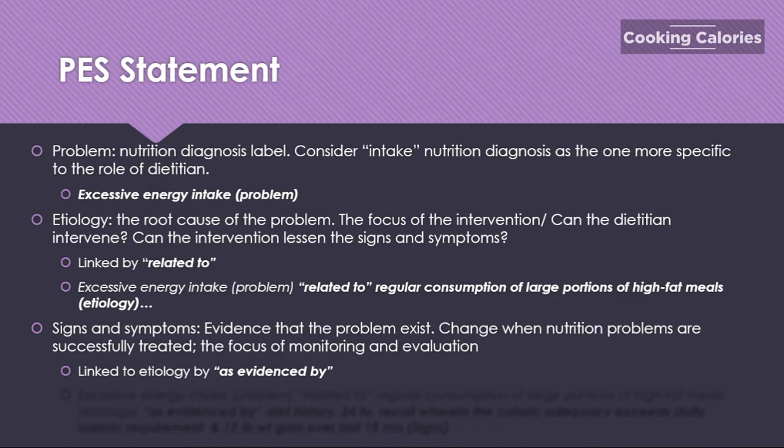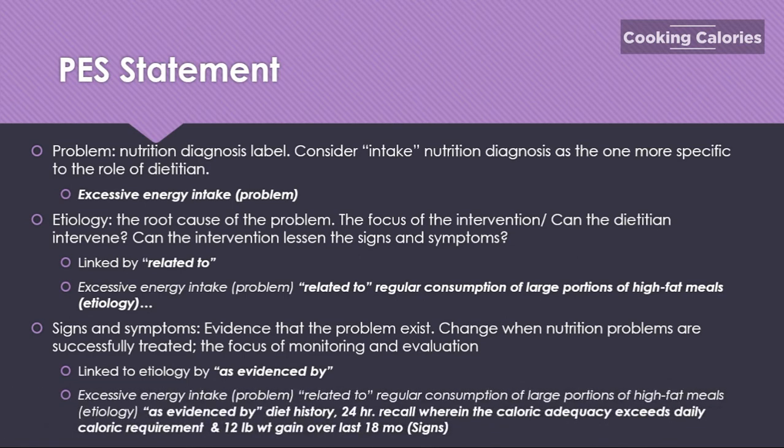Now, going back, while assessing the patient, maybe you found out that the patient gained 12 pounds over the last 18 months. You also check the diet history of the patient or the 24-hour recall, which states that the caloric adequacy of the patient exceeds the daily calorie requirement. Now, put that all into a statement and you will come up with your final diagnosis, which is excessive energy intake